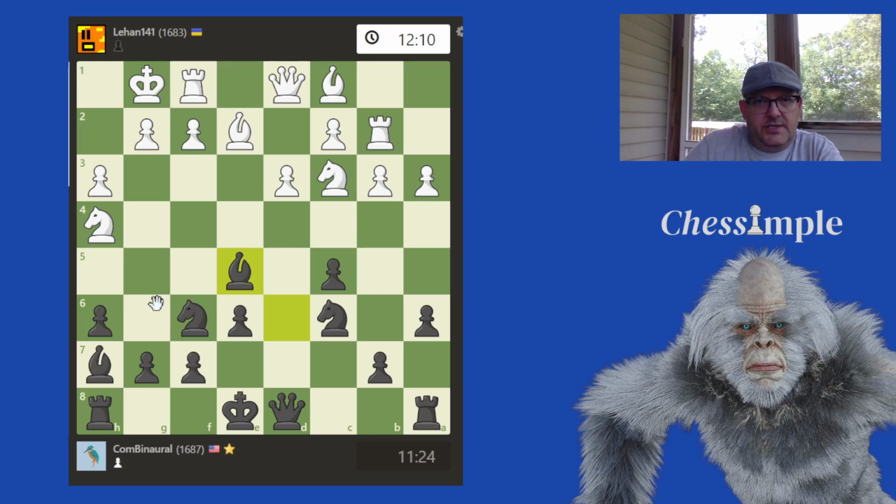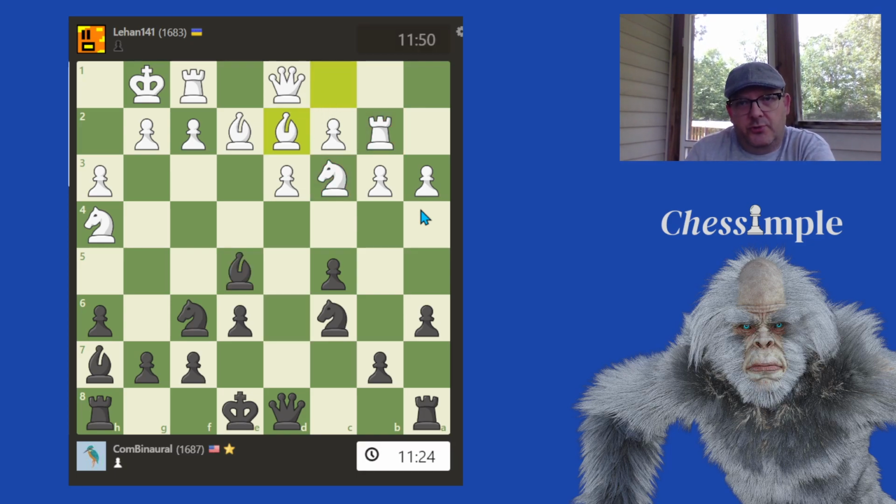And now if you notice, we're threatening to take his knight on c6, on c3. And he can't just move his knight away, because we would win an exchange by doing bishop takes rook on b2. So he's in a bit of a pickle here. And he ended up playing bishop to d2. And unfortunately, that doesn't